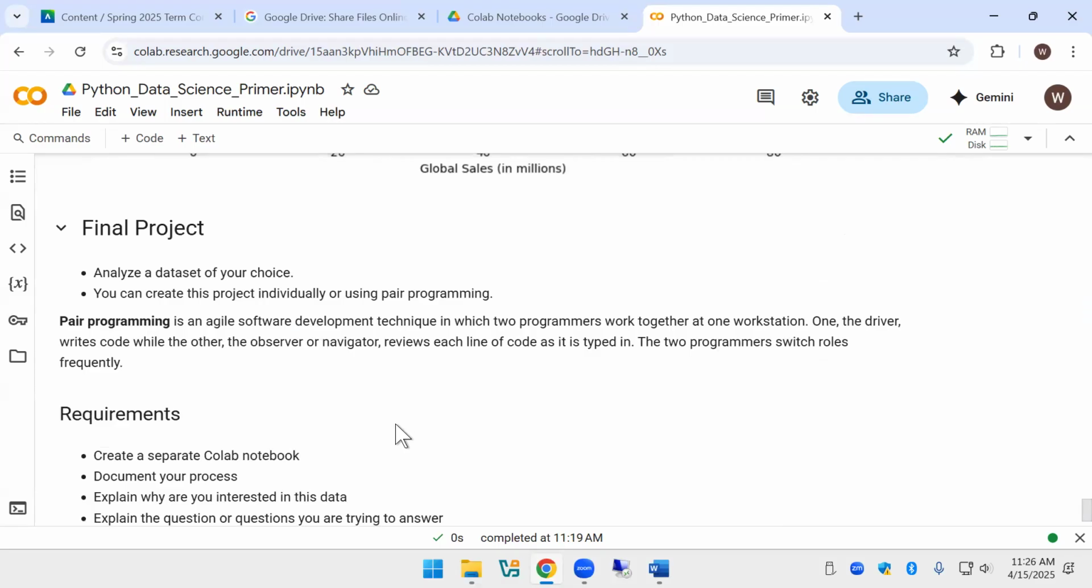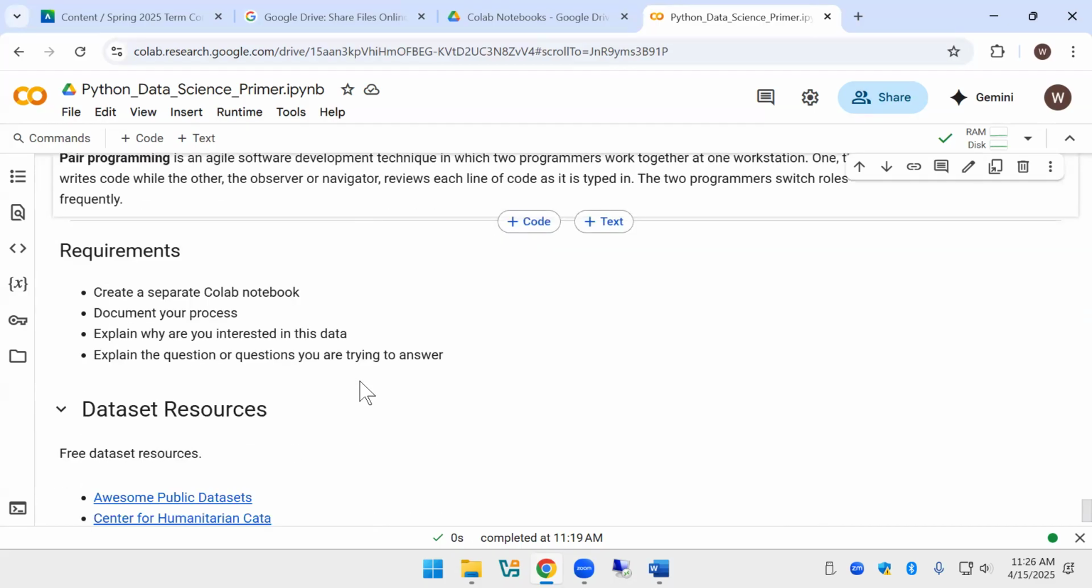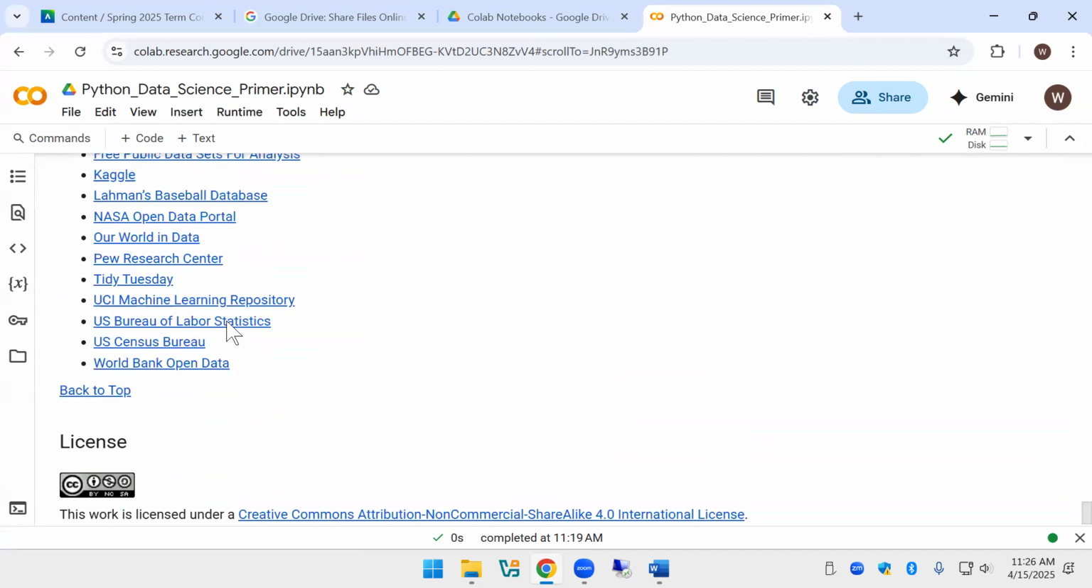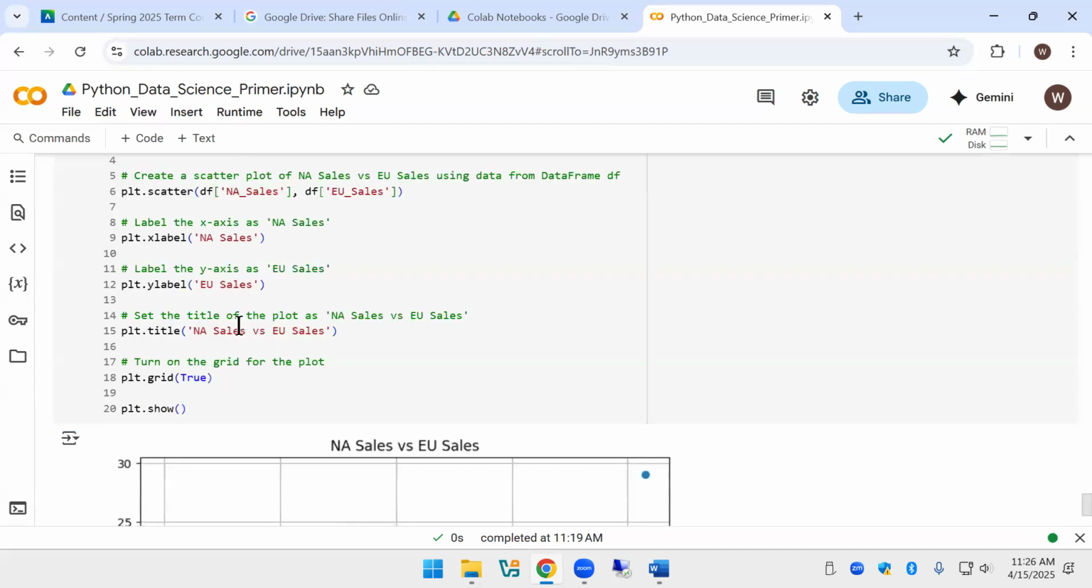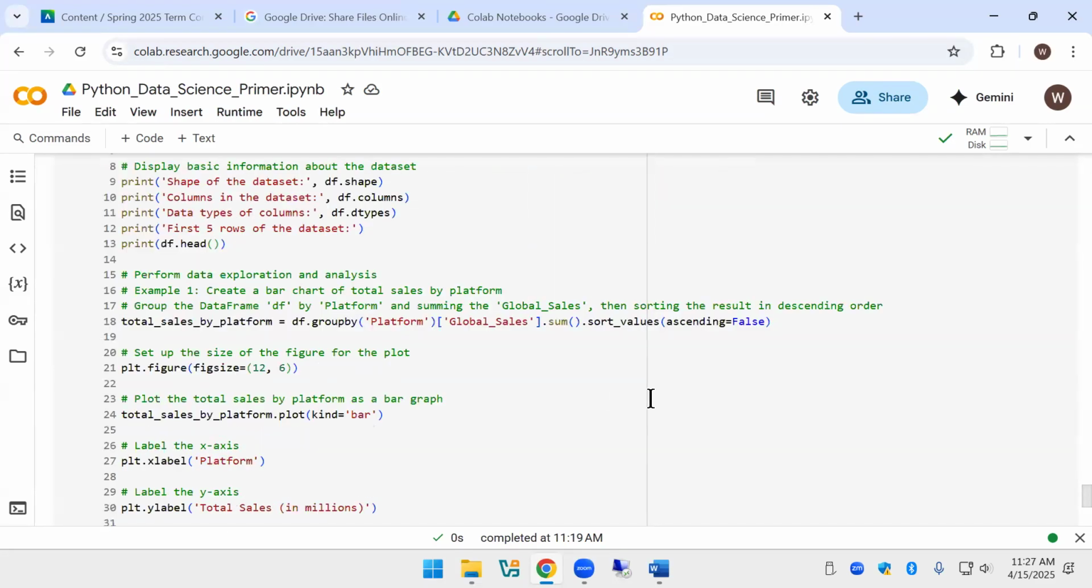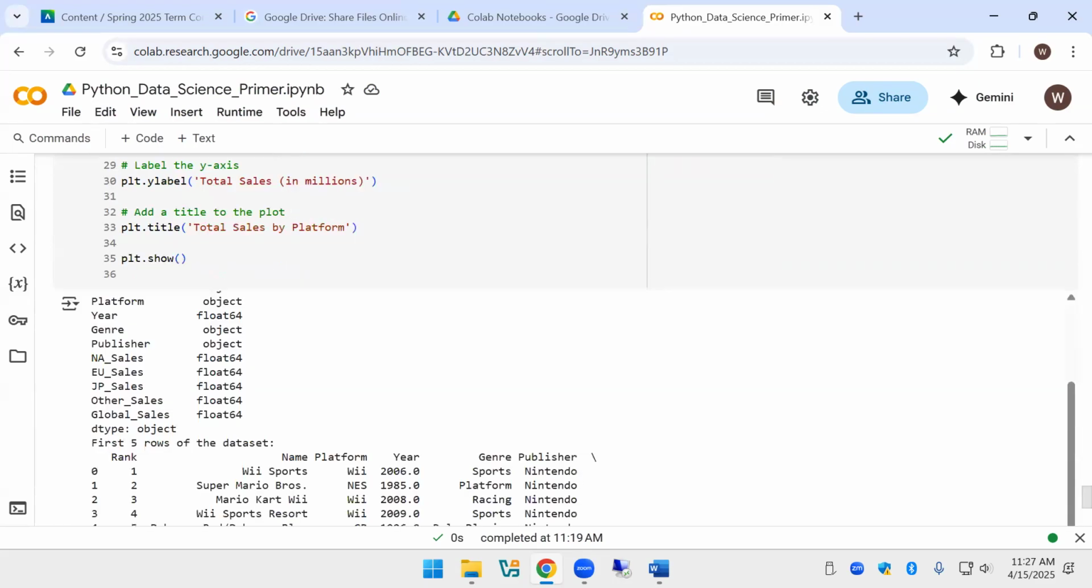So here's your final project. Analyze the data set of your choice. You can work with somebody else or do it yourself, doesn't matter. Two people work together. Collab notebook, document a process. Why are you interested in this data? This is only a small part of what's available. And if you find something cool, I'll probably borrow it and put it in here, just like I did with the video game one. I think this might have been a student one that they did. And I put it in here as an example. Now, after you do this,